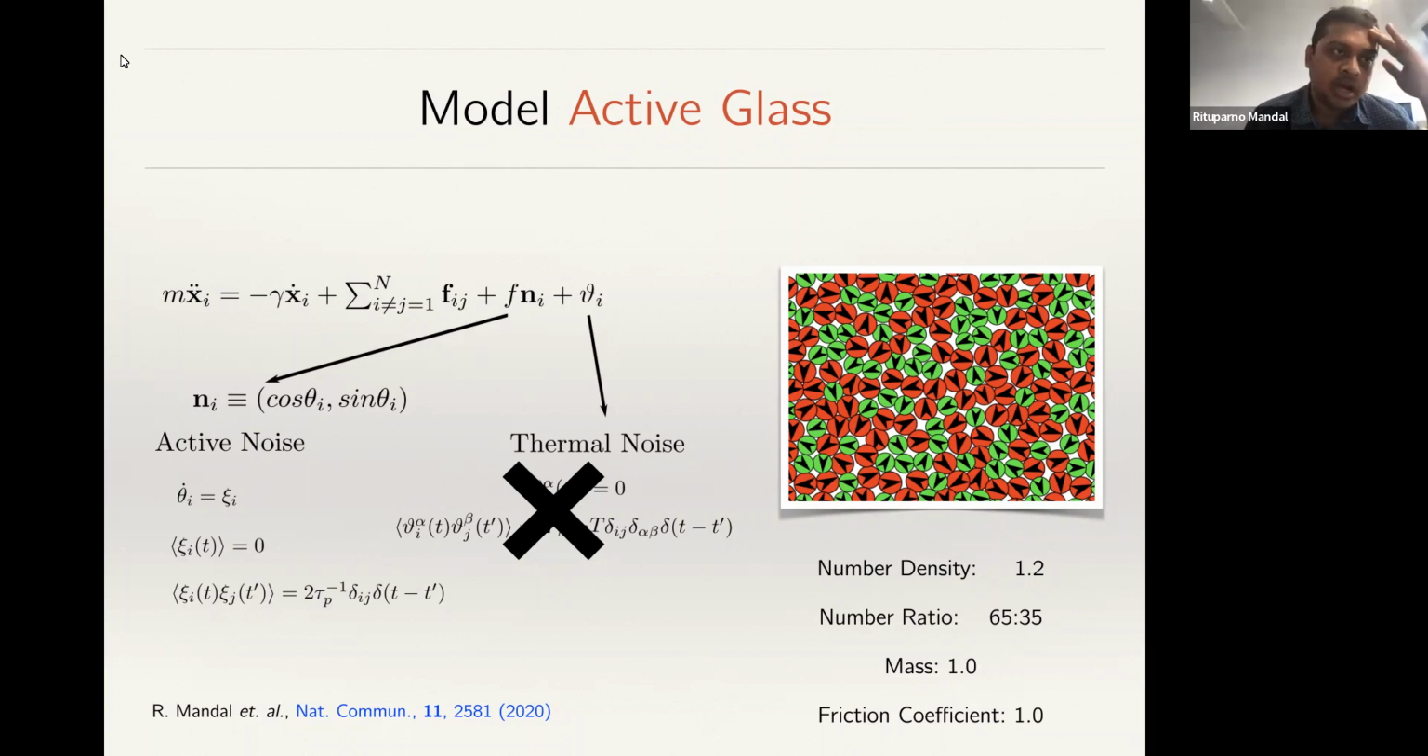Actually, if you look at the noise carefully, it's not actually delta correlated in time when it's applied to the equation of motion. It's delta correlated in the evolution of theta. So then if you look at the correlation of the forces, which are f cos theta and f sin theta, it becomes exponentially correlated noise. The time scale of that exponentially correlated noise is controlled by the